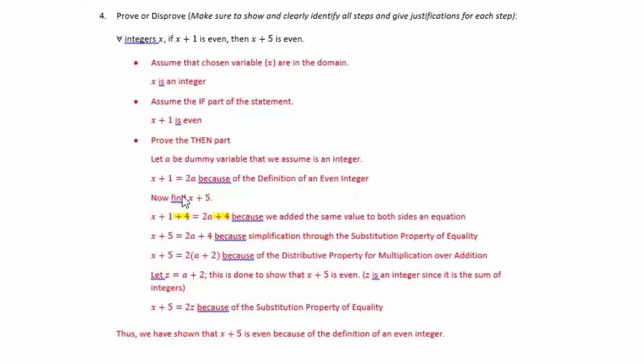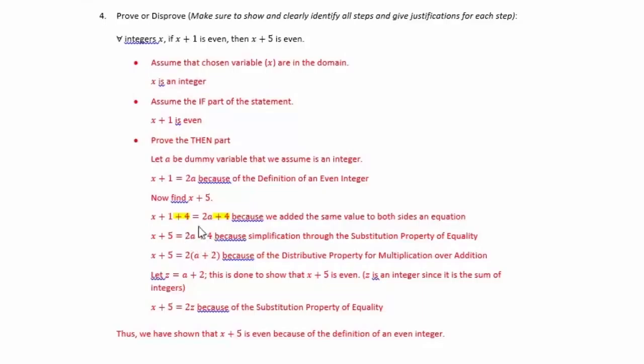Now we're going to find x plus 5. So we're going to take this x plus 1 and transform it into x plus 5. And I can do that by adding 4 to x plus 1 to get x plus 5. But if I do that on one side of the equation, I have to do it on the other side. So I had this 2a and I have to add 4 to it. Because we add one value to one side of the equation, we have to balance it out by adding it to the other side. So this 2a plus 4